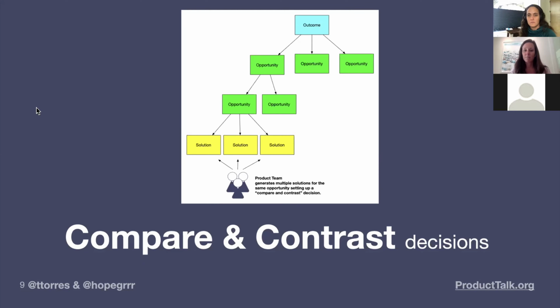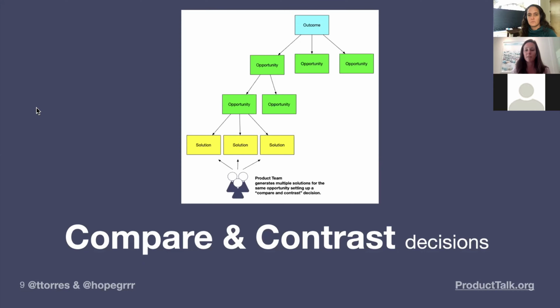Now, on the one hand, they're making a compare and contrast decision because they're waiting for a winner, but without explicitly saying, this is the line in the sand that we're drawing, it must not only increase, say, checkout rate, but it must not lower average order value or something like that. If you aren't clear and explicit, or if it's not going to move the needle by at least 5% or 10% and have no negative impact on our average order value, you haven't set explicit criteria to figure out which of your potential designs has the best chance at meeting that criteria for success.